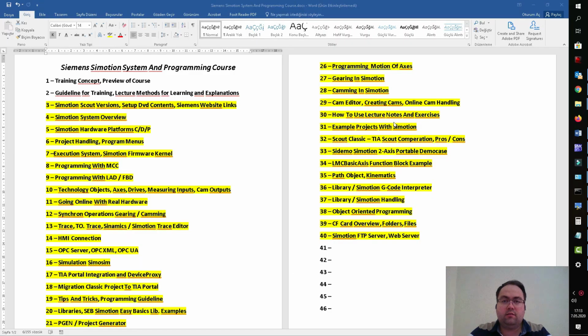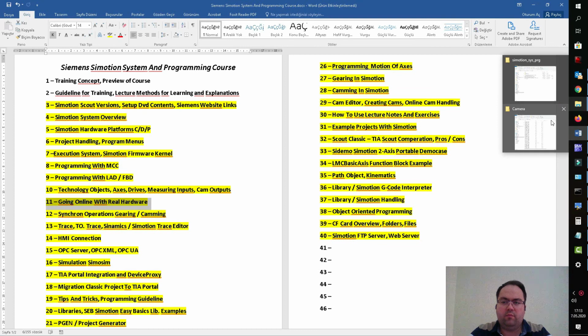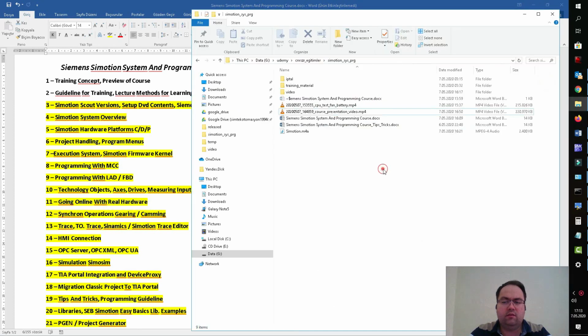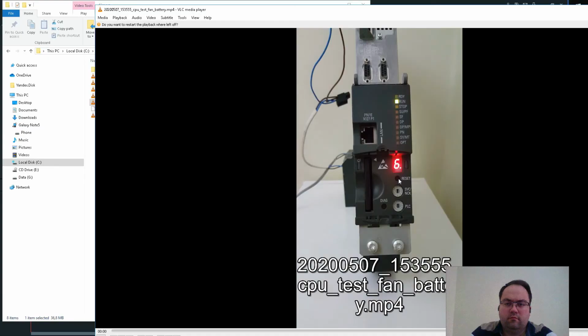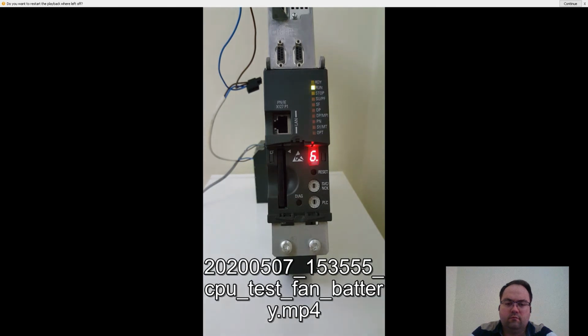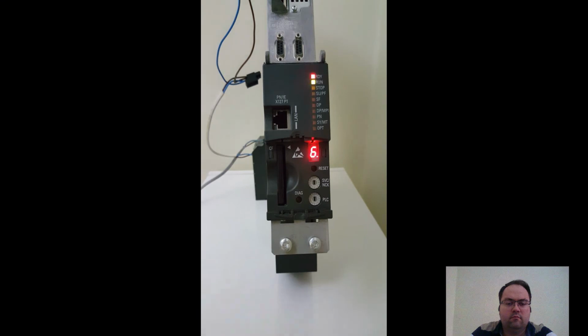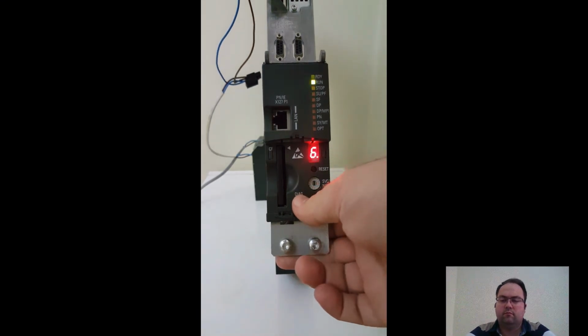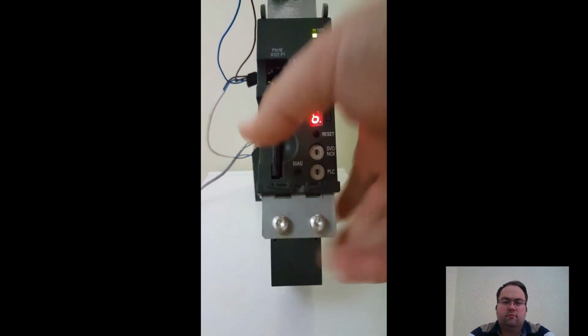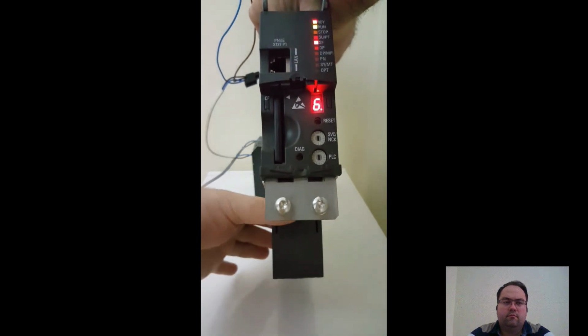There is a last thing that I wanted to show you about real hardware, and with my phone I recorded a short video. I just wanted to show you what will happen during CPU run if I remove the fan and battery module.